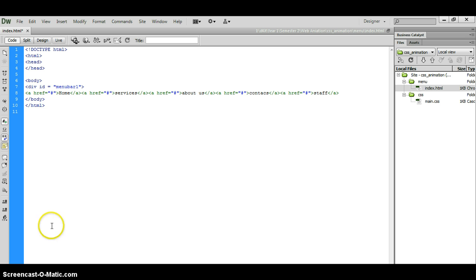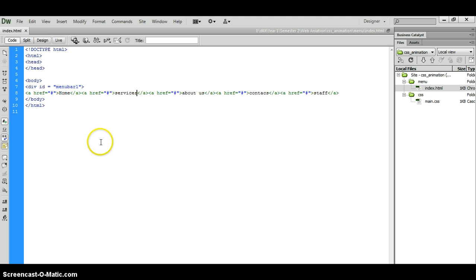Now if I run this, all I'm going to get is a list of just underlined links that don't have anything in common. They just don't do anything. There's no spaces, and that's what you want. And if I go back into my Dreamweaver,